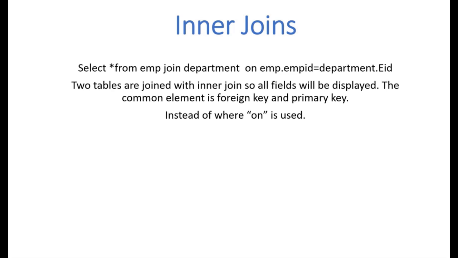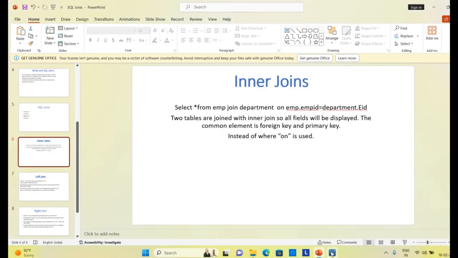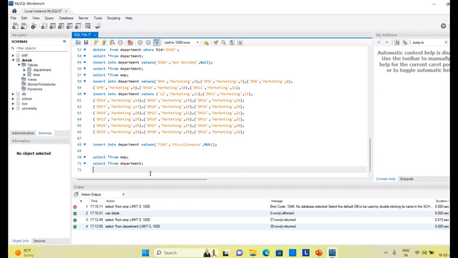Inner joins are those joins when we combine the two tables by using the clause inner join, so that all the fields will be displayed. The common element is foreign key and primary key. Let us see. I write here a simple query: select star from EMP. That is, I want all the details of the employee table to be displayed from EMP